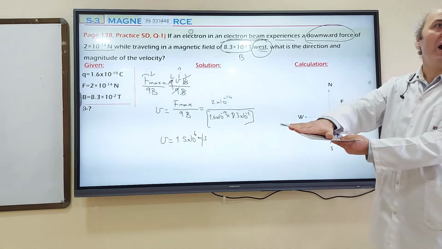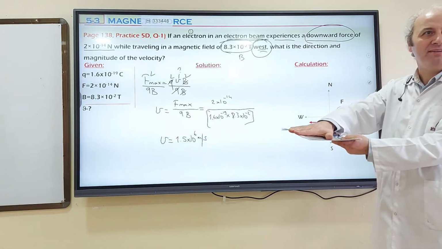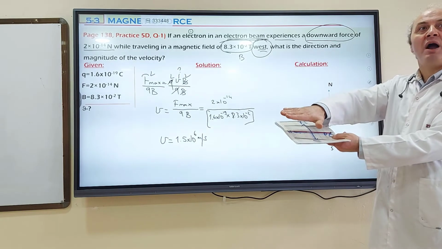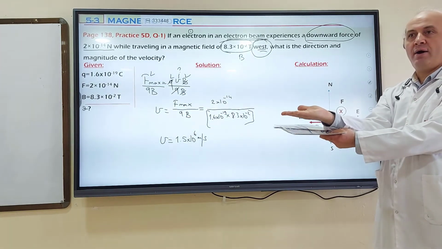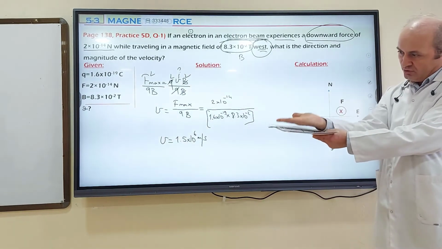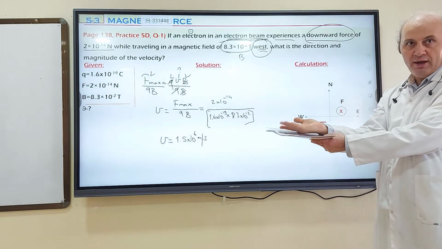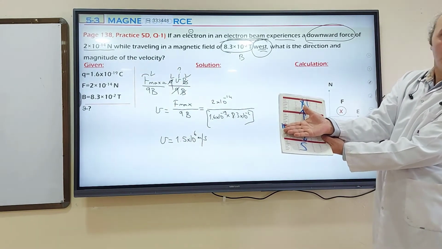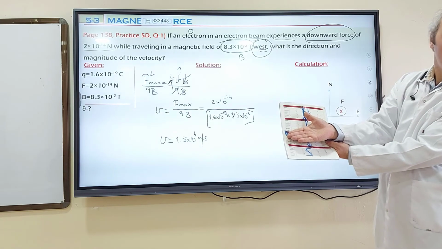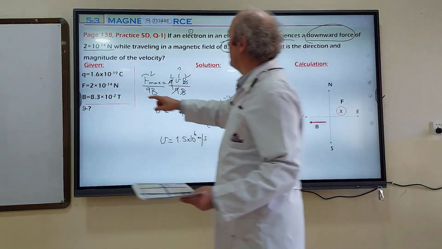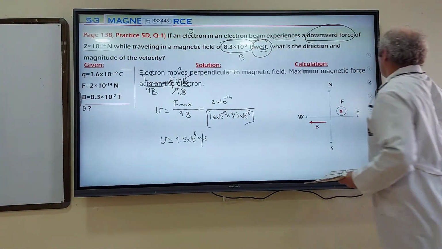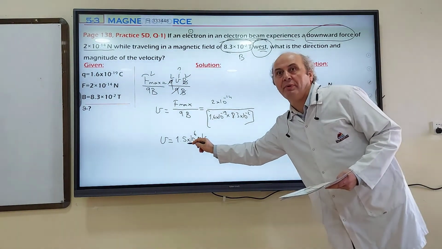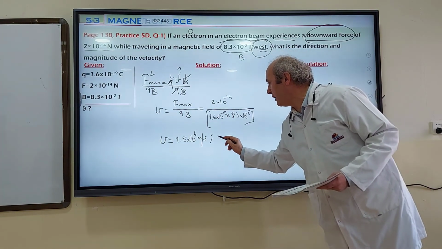Force. Opposite of your palm must be downward, but now mine is showing upward. This is wrong. Look at the opposite of my palm. It's showing upward. It must show downward. So I will twist my wrist. Now it's downward. So the opposite of my palm is showing downward. Look at B, to the west, everything is okay. Look at the direction of the thumb. It is north. So the answer is north. If we draw it, V is going to be to the north. And in the choices they are going to add in here: V is 1.5 times 10 to the power of 6 meters per second, and a comma, north. You are going to write